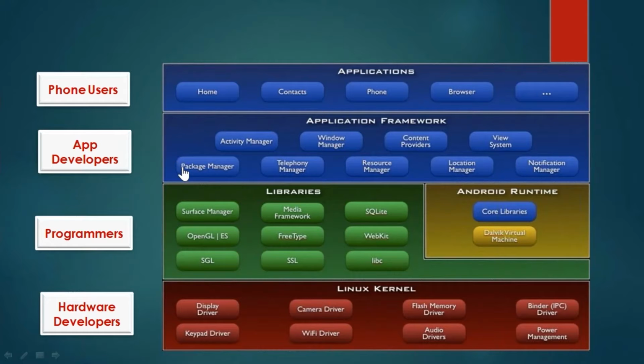As we said, Android is a mobile operating system, middleware, and key applications. So this is our OS, which is Linux. Above this we have the middleware, and the top layer is the key applications.